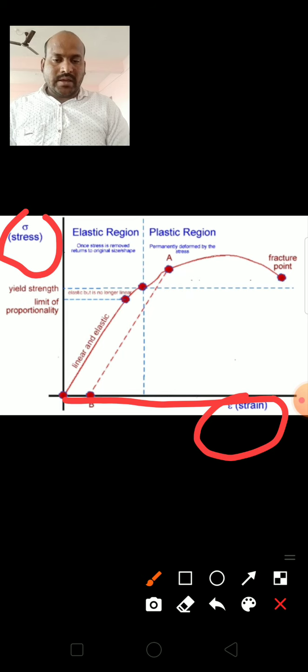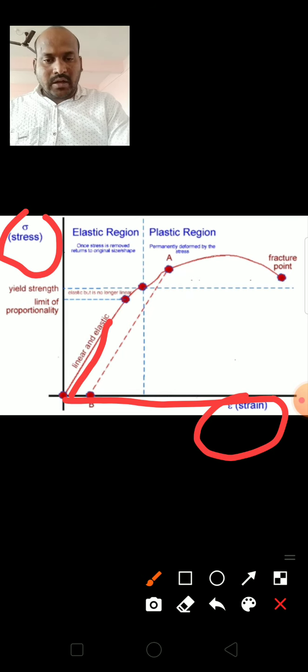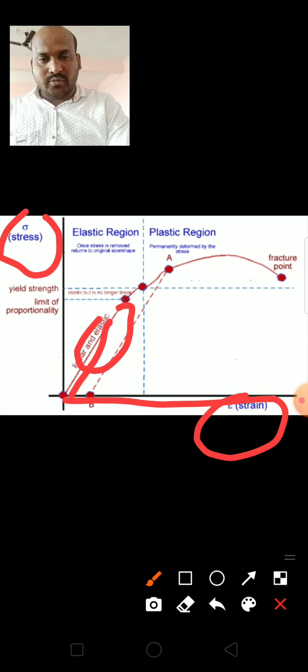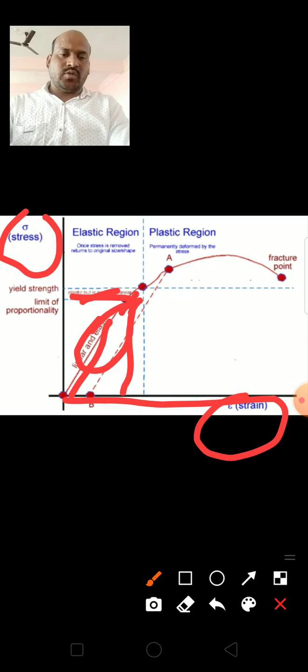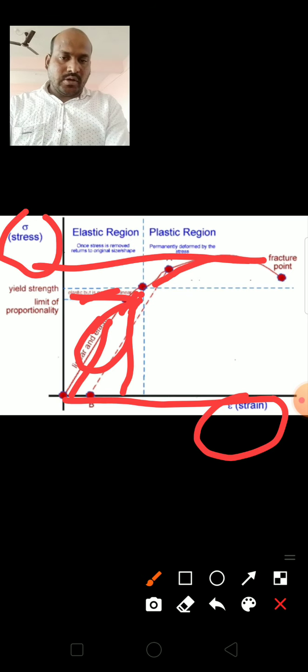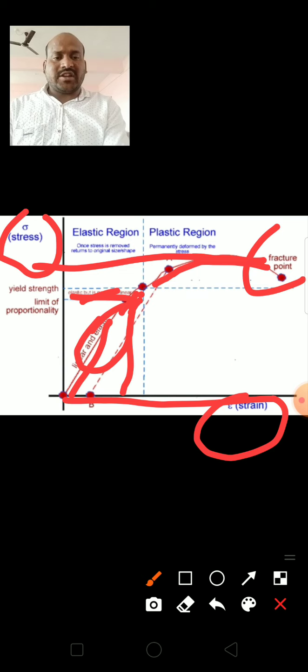When you apply the force, the stress increases and the strain also increases within the elastic limit. Up to this limit, the stress and strain are linear, they obey Hooke's law. Beyond that, if you increase the force, the stress increases a little bit while the strain increases by a large amount. If you keep increasing like that, beyond the elastic limit, the steel material will be fractured, that is, it will break.